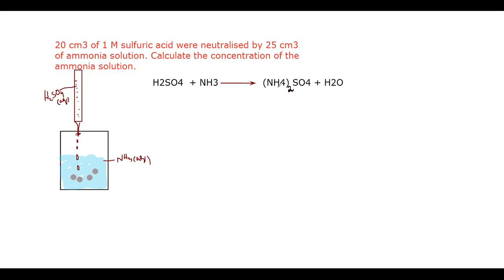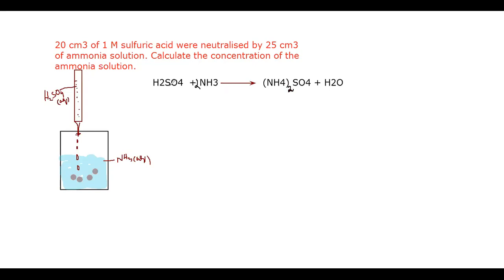What's the quantity of nitrogen here? 1, and these are 2. I'm placing 2. What's the quantity of hydrogen? 2 3s are 6 and 2, 8. 2 4s are 8 and 2, 10. Now what should I do? I will place the 2 here. But before doing that, I'm going to balance the other substances.